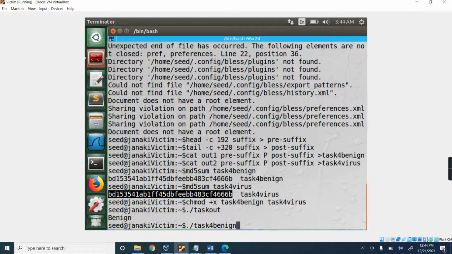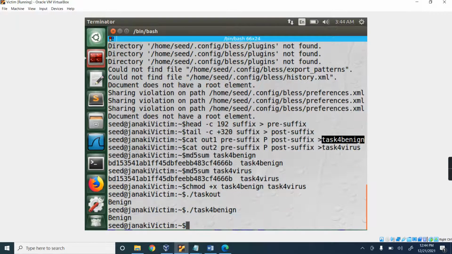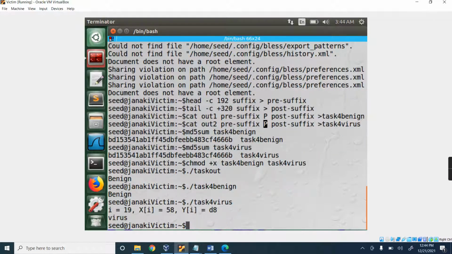It has P plus P because out1 has P content, and again here P. So for task 4 benign, P and P are both the same, it will give benign again. But if you run virus, here out2 has the Q value and the P value here is different, so it is giving virus.